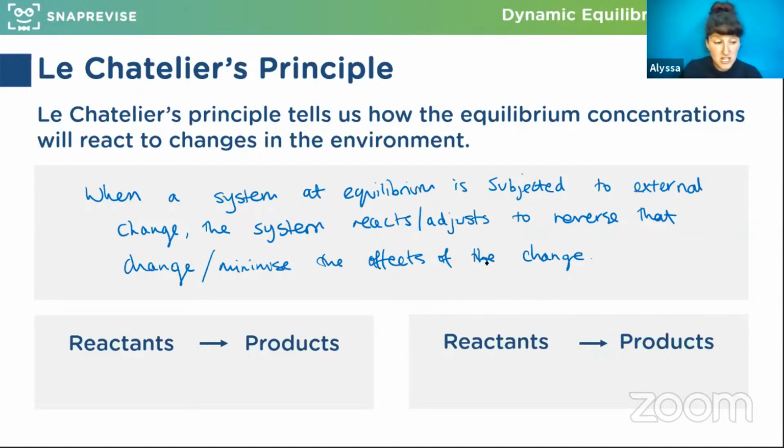Good, it shifts to resist the change. I like that phrase, yep. The position of equilibrium moves to oppose the change in conditions. Very nice, yeah, really nice. So for example, and we'll go through this in a little bit more detail in a minute, but if we have reactants going to products and our equilibrium, and I've added in some reactants, which way is my equilibrium going to shift? This is supposed to be reversible, by the way.